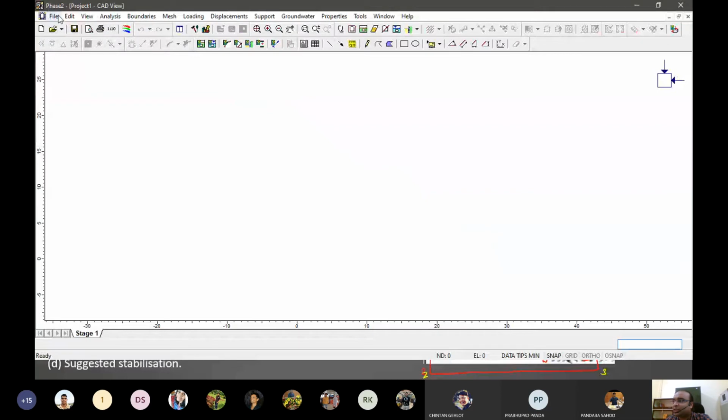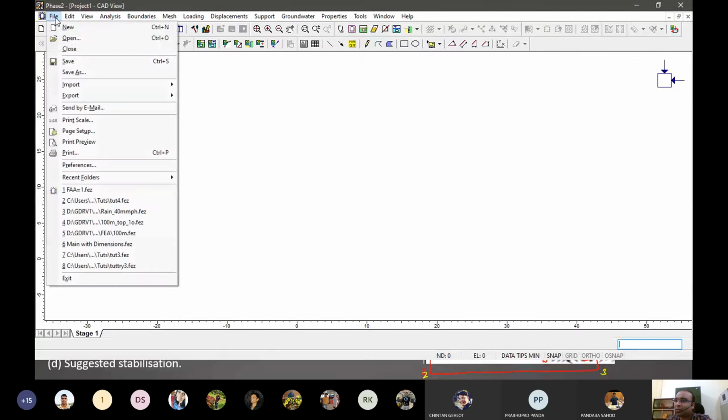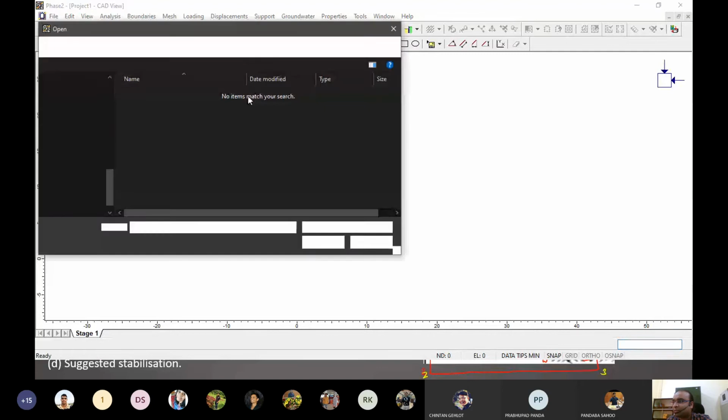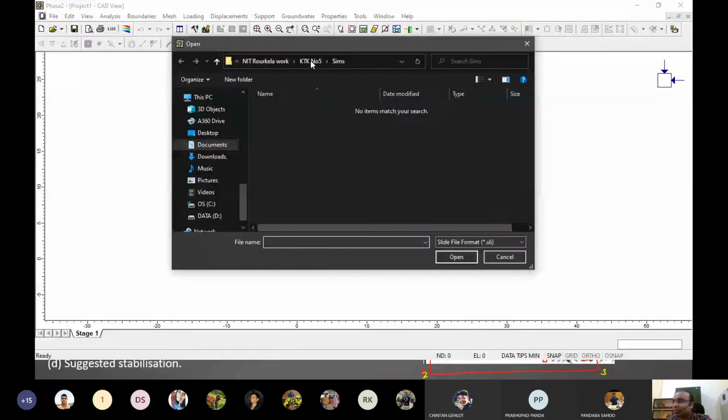So for finite element analysis, we again need all the basics, right? We have to give the pre-processing stage where we have to have the geometry, material properties, elemental meshing, and boundary conditions. So let's start. But because we have already done the basic analysis, we can directly import from the slide. So in the import slide, we just give the location.